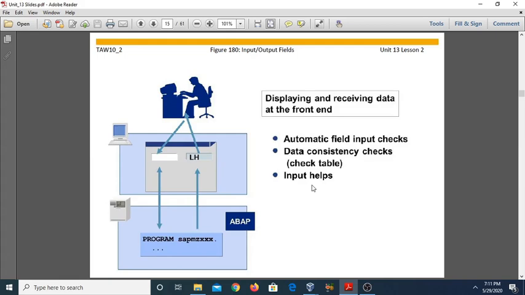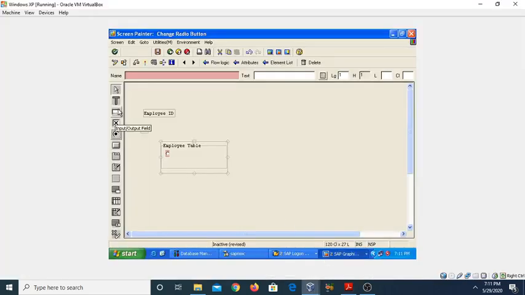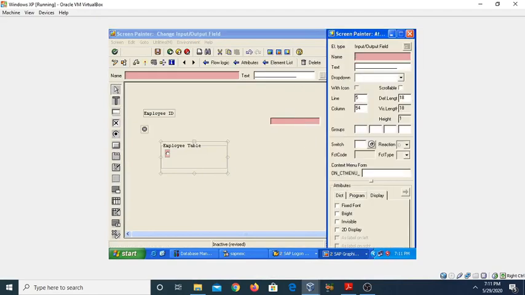If you want to create this input output field from the dictionary, you can also do that by selecting from the dictionary fields. Now you can see practically here, this is our input output field. Just drag and drop this one, and again you can give the name of this input output field. In my case I am giving input underscore 1, and this is the text.